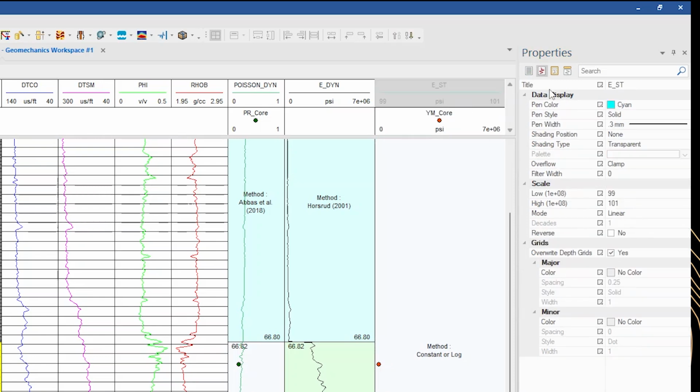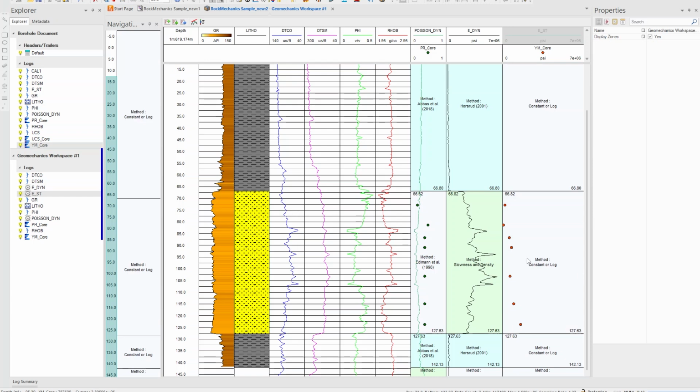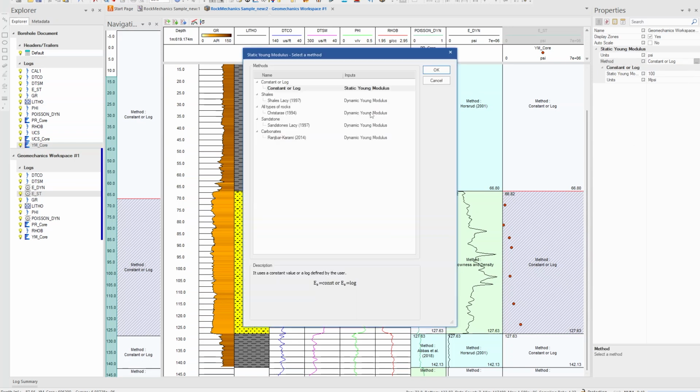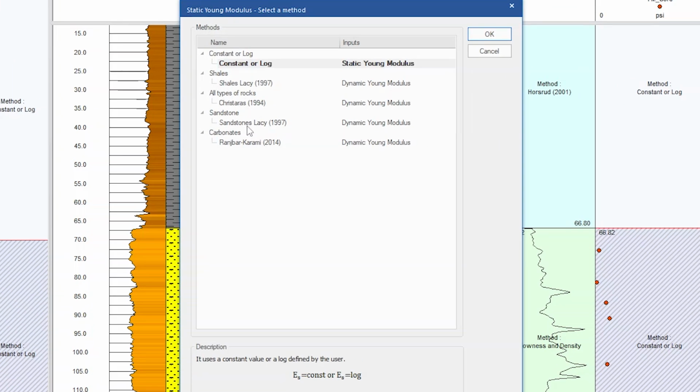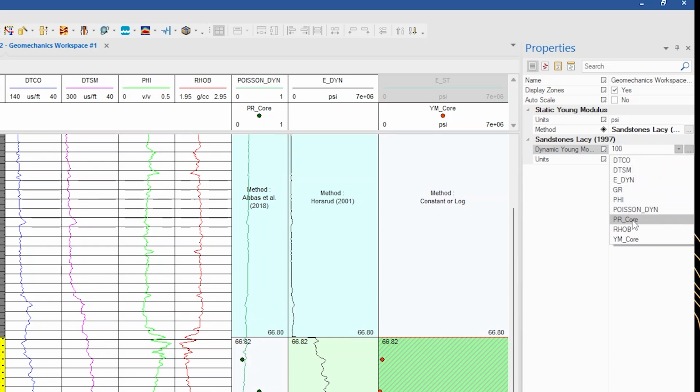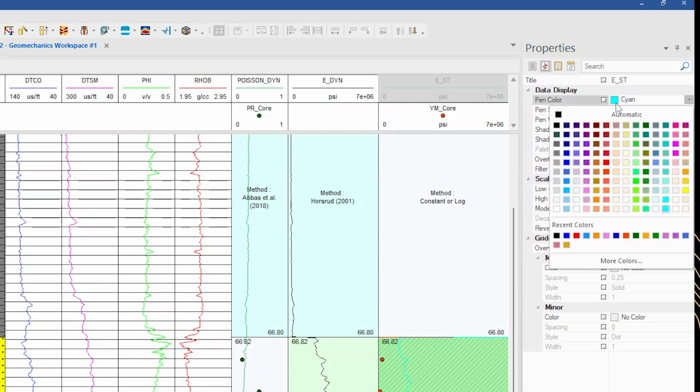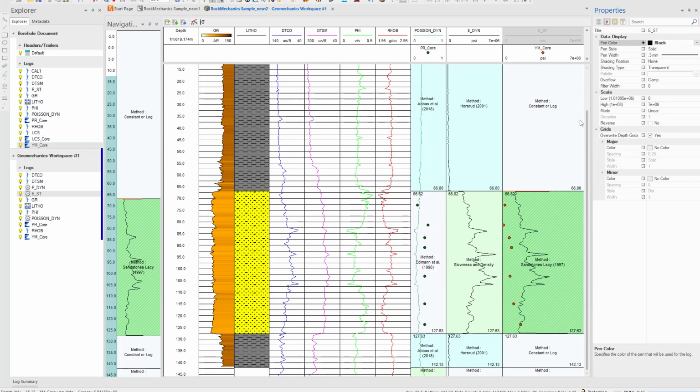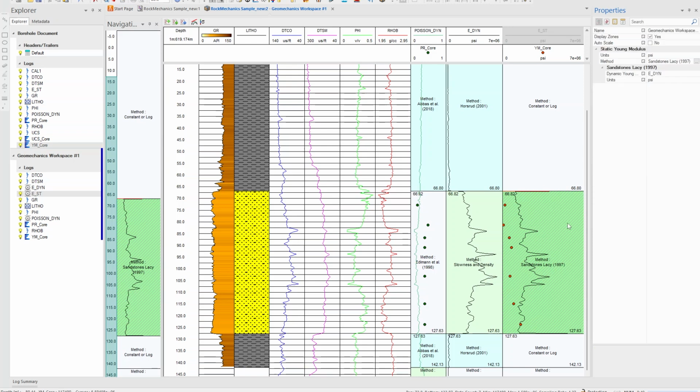Now we have everything together in the same units, so we can also bring in the same zonations by copying them. And we can start the process now. We have different processes that we can use, so let's start with the sandstone as an input, which is this one, and the output is what we get. We can see that there is a large discrepancy. So let's try a new method.